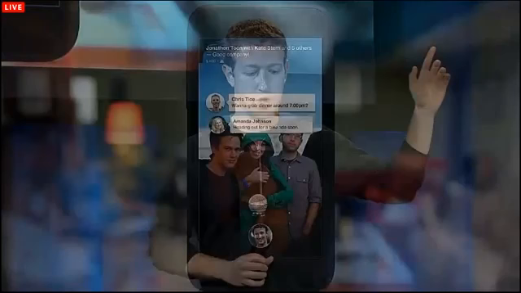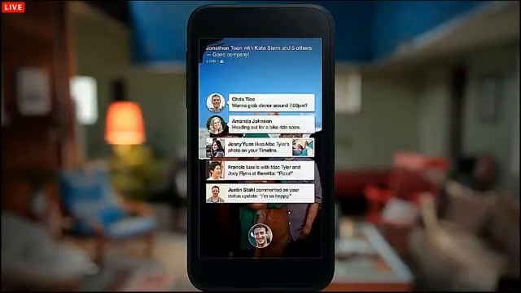Now, some updates are more important than others. And Cover Feed is great for being able to stay on top of what's going on with all the people you care about. But sometimes there's a more important message and you want to get notified. And if your phone is designed around people, not apps, then your notifications should be too. So let's say I get a message from my friend. I'm going to get a notification with her face and her name instead of an app's icon and the app's name. So I'm easily going to be able to tell if this is a person who I want to interact with now.